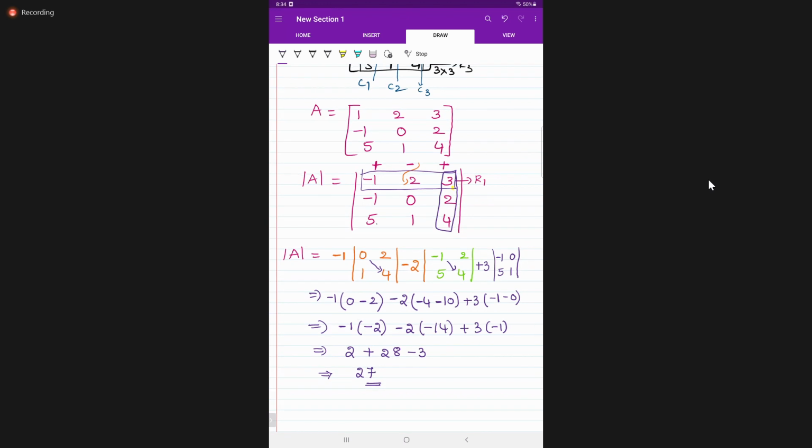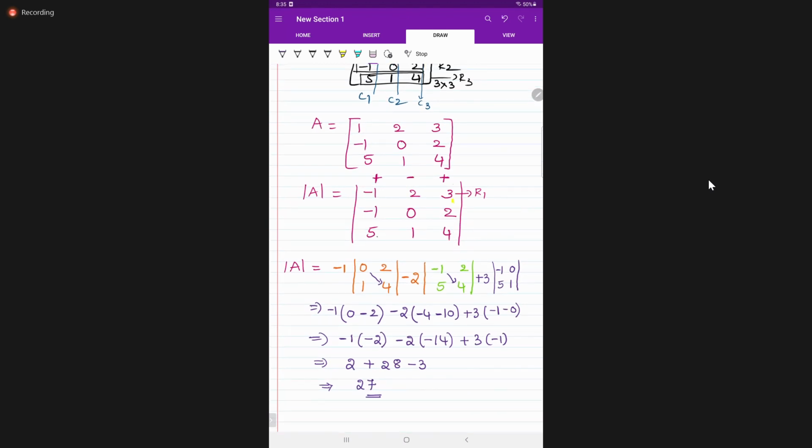Here, while expanding with row 1, there is one condition, minus 1 to the power of i plus j. That and all, no need. Just remember first row is plus minus plus. Just remember that, it is enough. Otherwise you have to apply the formula again, and the first element also has to be made minus, ma'am. No, minus 1 to the power of i plus j gives the plus and minus signs.